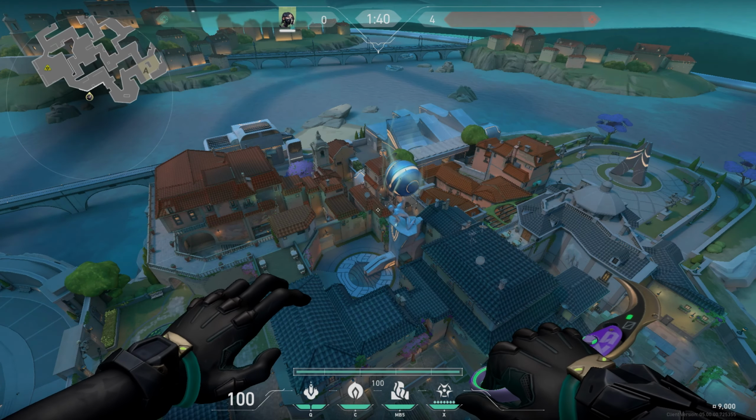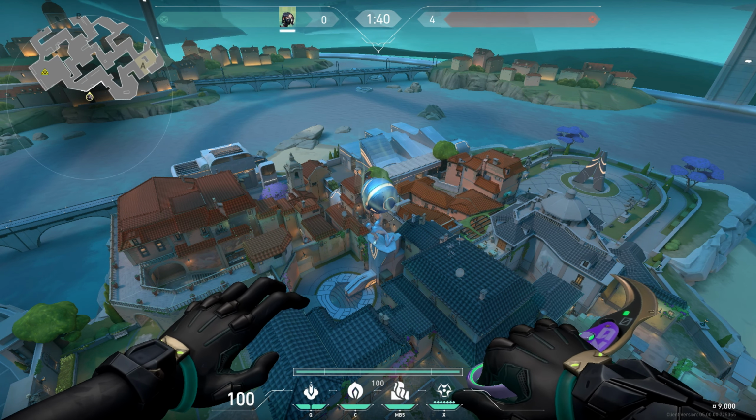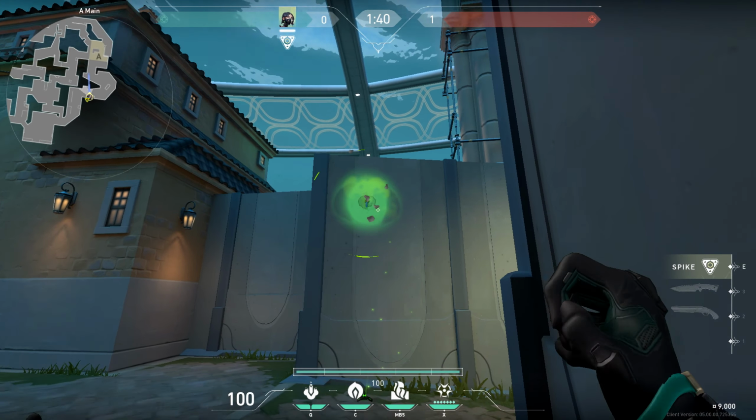So today I'm going to show you how to play Viper on the new map Pearl. I'm going to show you executes, post-plant lineups, pre-plant lineups, one-ways, walls, everything you need to know about the new map. So starting with attacking A, you want to come into this corner right here, do a wall like this,